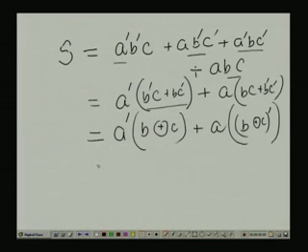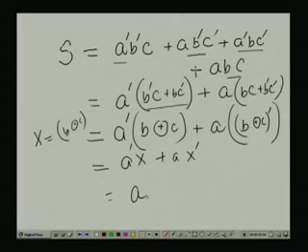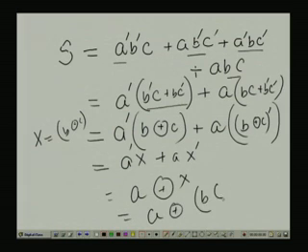Now, if we replace B XOR C by X, then this is nothing but A dash X plus A X dash, which is again A XOR X, and that will be A XOR B XOR C. So that means my sum can be a simple 3 input XOR circuit, or that 3 input XOR we can realize by 2 input XORs. So, what will be the circuit? That means my sum circuit,